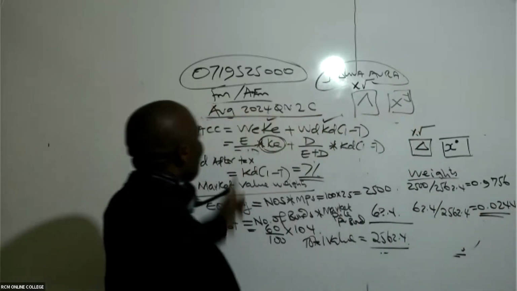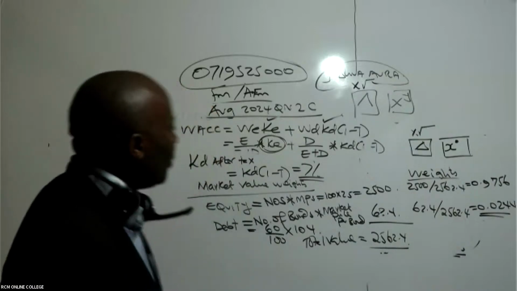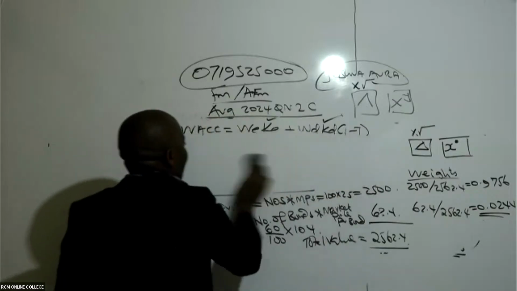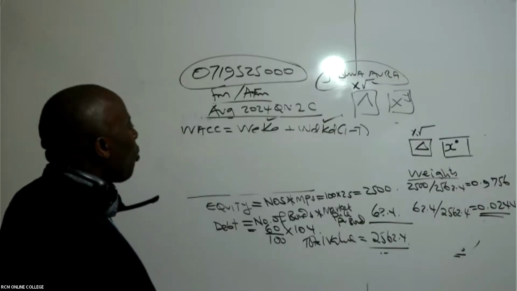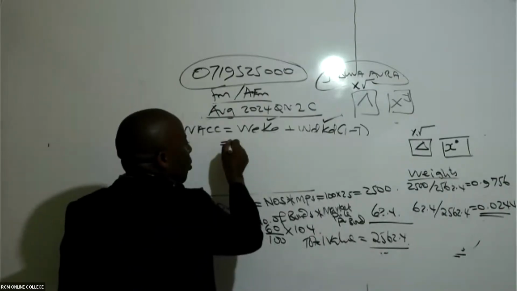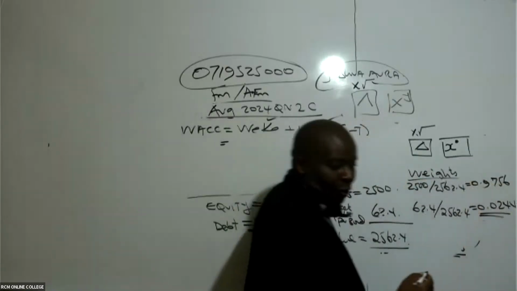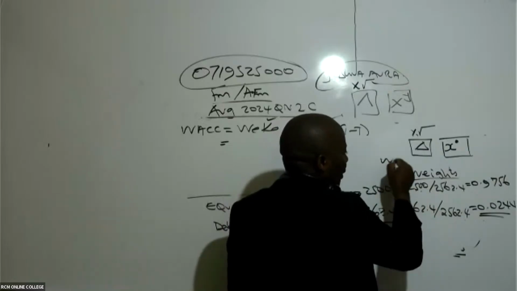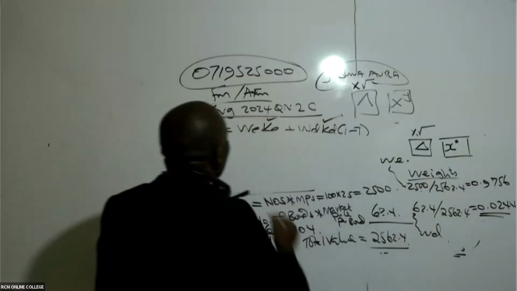Now, please come back to this WACC. So the weight of equity we know. The first one is weight of equity, and this is weight of debt. So the weight of equity we know is